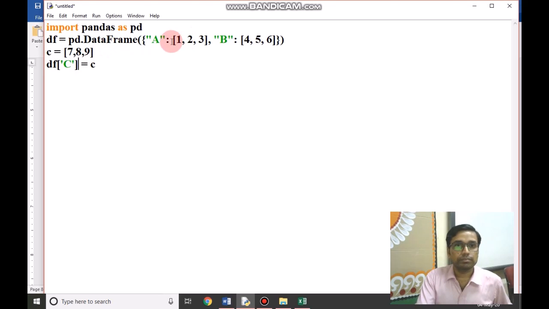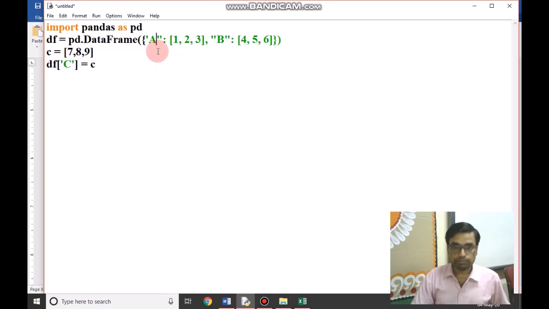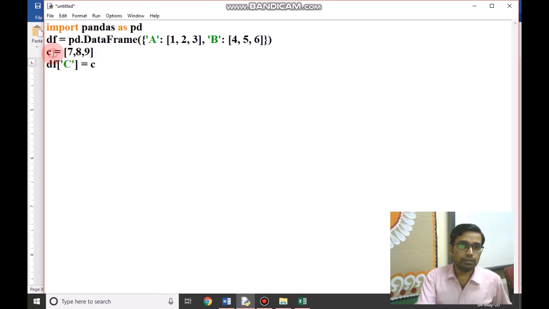you will see here we have given a data frame, column name is capital A and another column is capital B. And data is 123, which is a list, and second column data is 456, which is a list, and we are giving here a list small c 789.